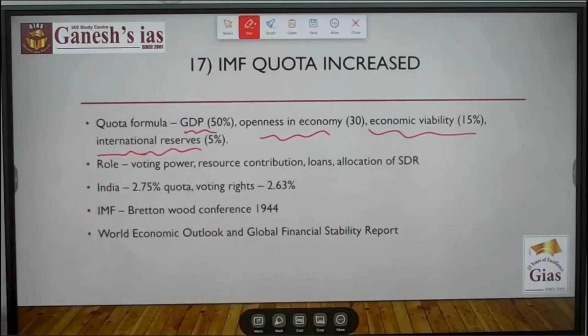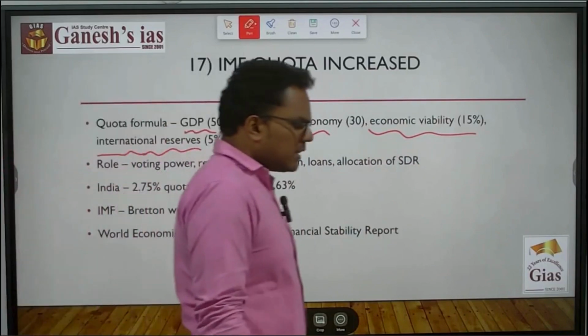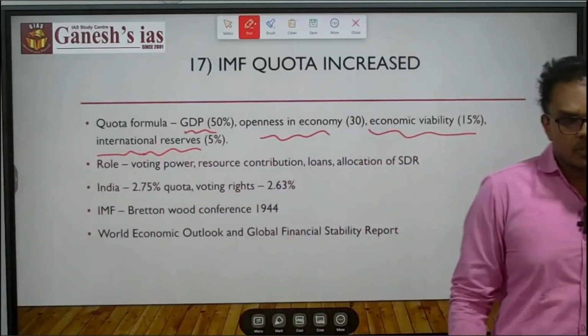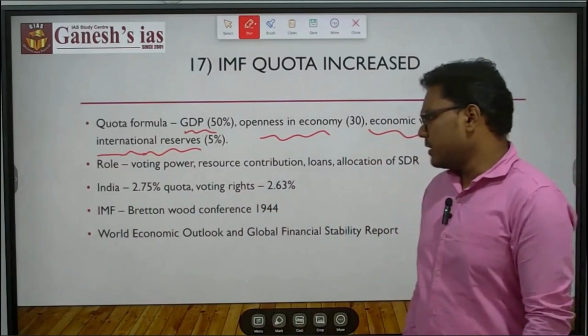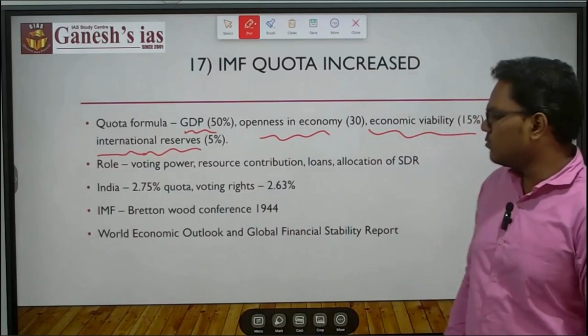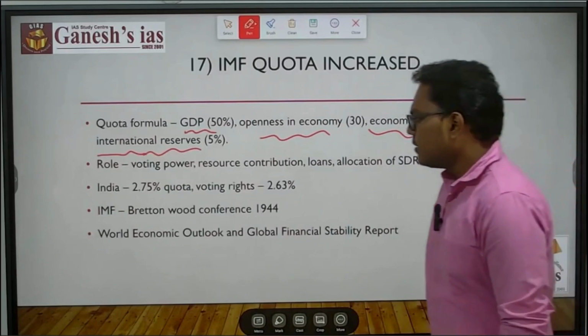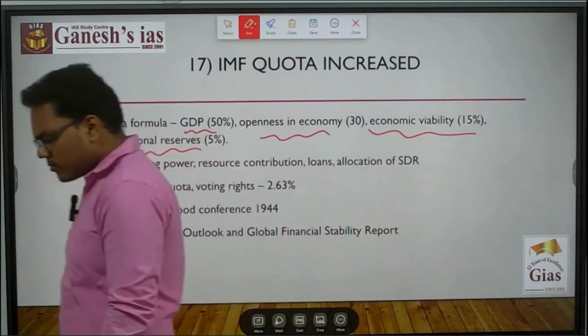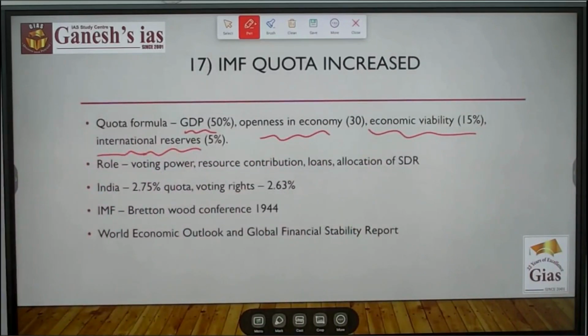So how you vote, how resources are allocated to you, how you can claim loans, everything is determined based on your IMF quota. Like India right now, it has 2.75% quota, and its voting rights is 2.63%. And then you need to know about, since this news is about IMF quota,